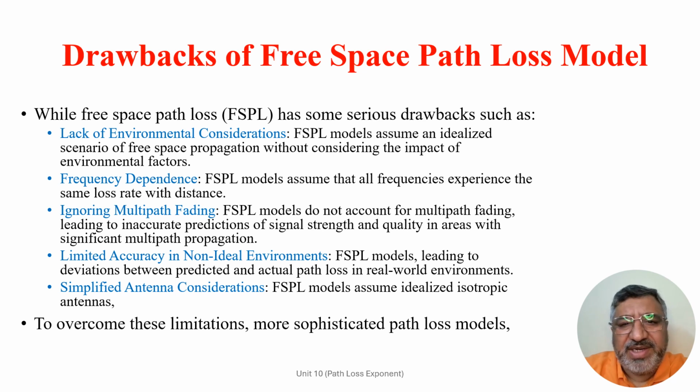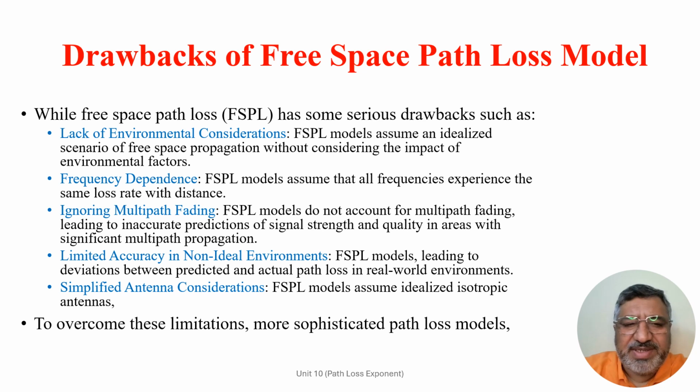Limited accuracy in a non-ideal environment is another important drawback because free space path loss model assumes an open, unobstructed environment without any interference. In reality, wireless signals encounter various obstacles such as buildings, trees, and terrain irregularities, which can cause diffraction, reflection, and shadowing. These effects are not considered in the free space model, leading to deviation between predicted and actual path loss in